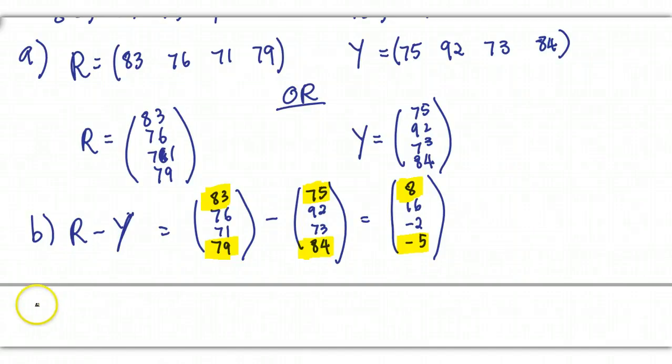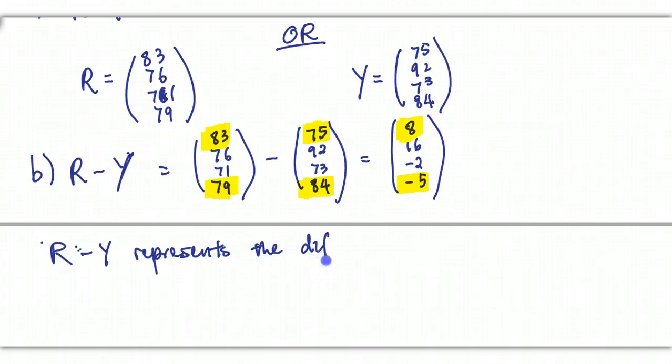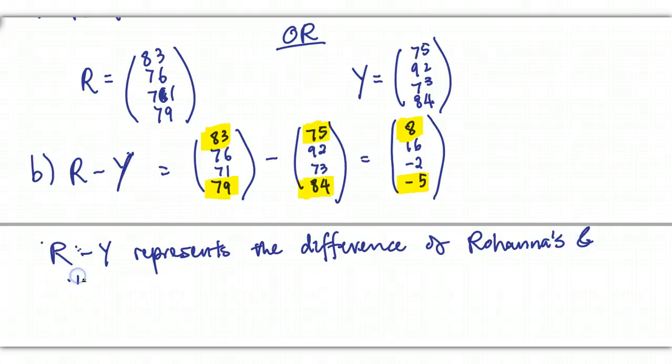So if we were to summarize the information, we can say that R minus Y represents the difference of Rohana's and Yingfeng's test scores,